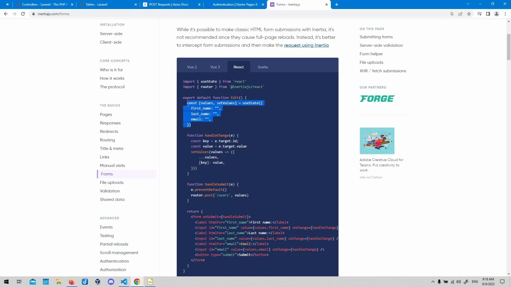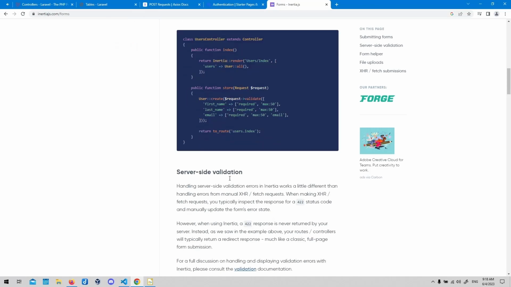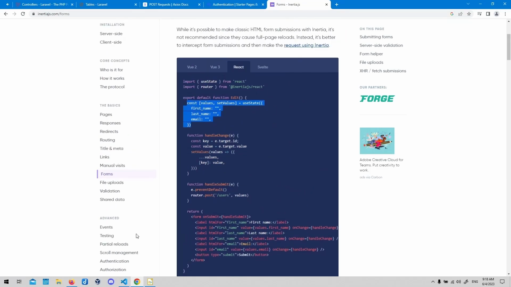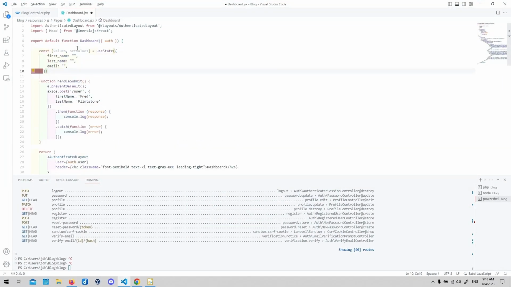So what we're going to do, we're going to use this state here, this state of values. Now there's two ways it can be done, because you can use the Inertia forms, which is there, but we won't. We'll keep it simple, and we'll paste that in the useState. We'll say values, setValues. We'll say head, and we'll say body,